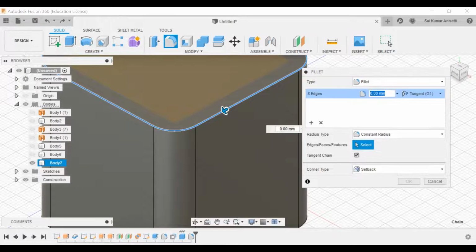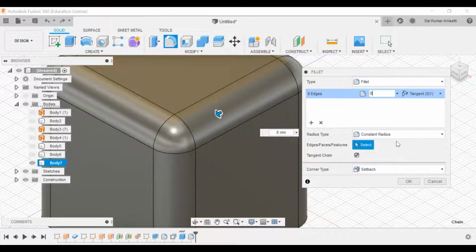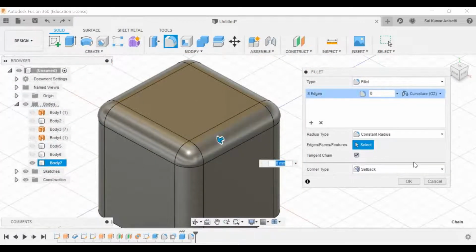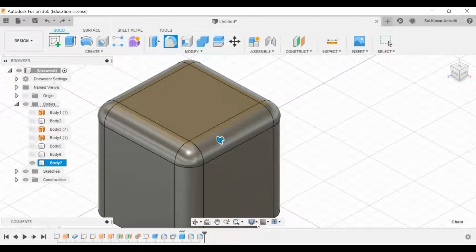Okay, I'll give it as 8 to 9 mm. That is constant radius. Segment continuity and curvature continuity. Okay, I have just added this curvature continuity. Click OK.